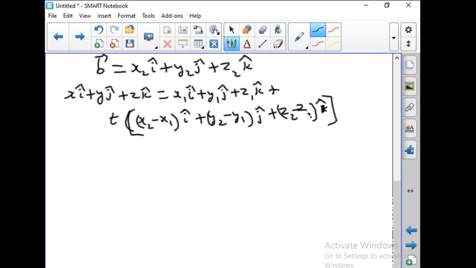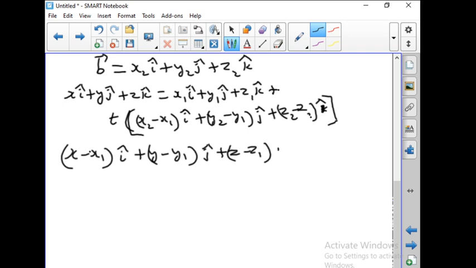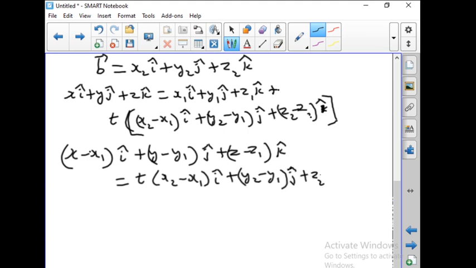So this can be written as x minus x1 into i cap plus y minus y1 into j cap plus z minus z1 into k cap is equal to t into x2 minus x1 i cap plus y2 minus y1 j cap plus z2 minus z1 k cap. So, comparing the coefficients